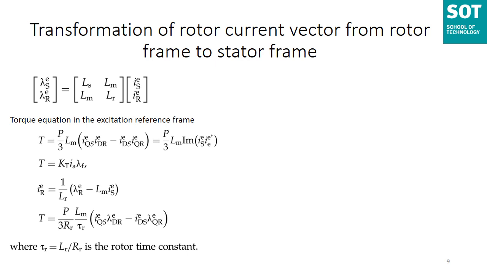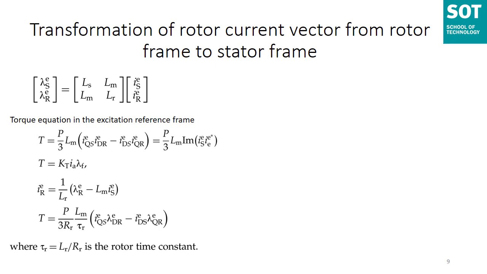The optimal torque production conditions are inherently satisfied in a DC motor, which we have seen in previous classes. The armature current IA is supplied through the brushes. It is always orthogonal to the field flux, lambda F, that also we have seen. Lambda F is produced in the stator and is linking with the rotor winding. With this effect, the torque is developed, and that torque is proportional to the product of the armature current and the field flux, as is given in the equation.